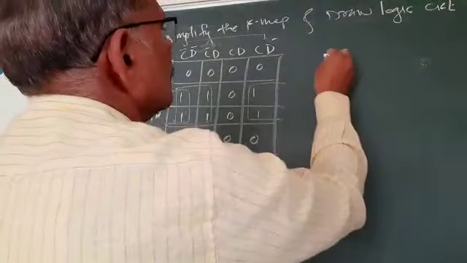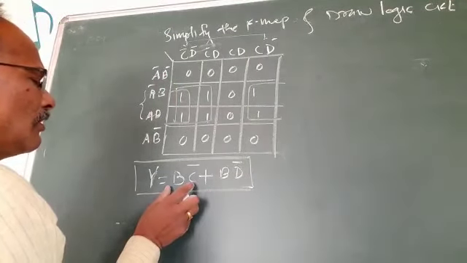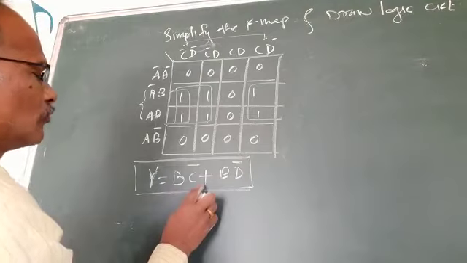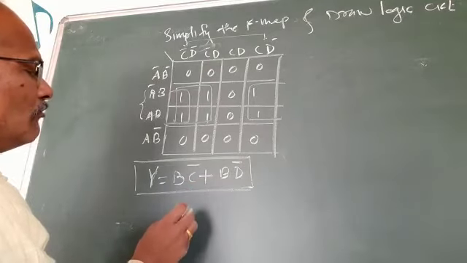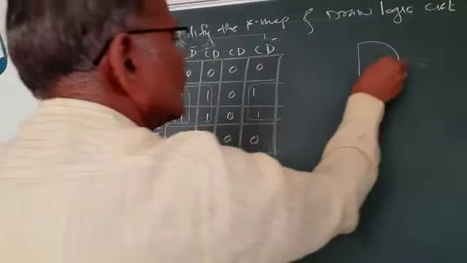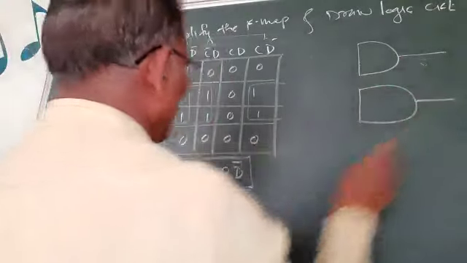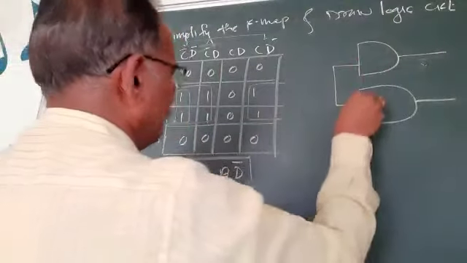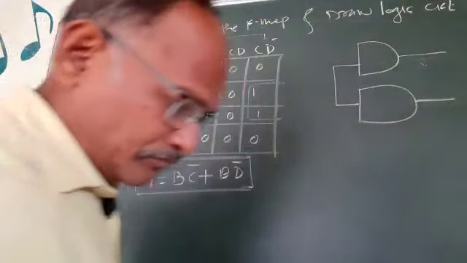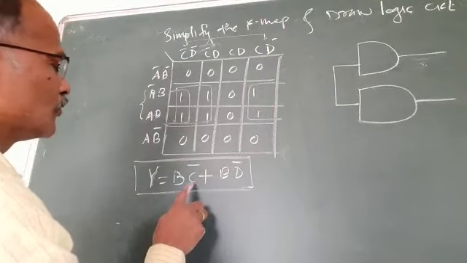fundamental product. So here this is a product, again this is a product. So we will have an AND gate for this, and these products are added. So addition is there. So for addition we will have the OR gate. So this is the AND gate. This is also an AND gate for two products. B is the common here. B is common here. So B, C and D. So three inputs are there.